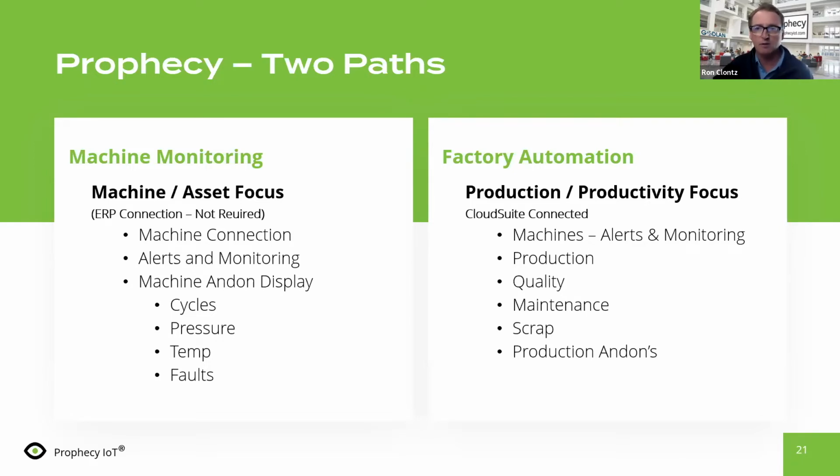We can start monitoring those machines, and we can add alarms and alerts so that we know when maybe a machine has either run into a problem and thrown a fault condition, or two, we can maybe determine if a certain variable like temperature, speed, or pump pressure is going up or down at a certain rate that we should do something, right? The second path, which is really now bringing in the smart factory, automation, kind of reimagined worker engagement, team performance, maybe you want OEE and those kind of things. Well, that's where the factory automation piece steps in. It builds on what we've already done with the machine monitoring,